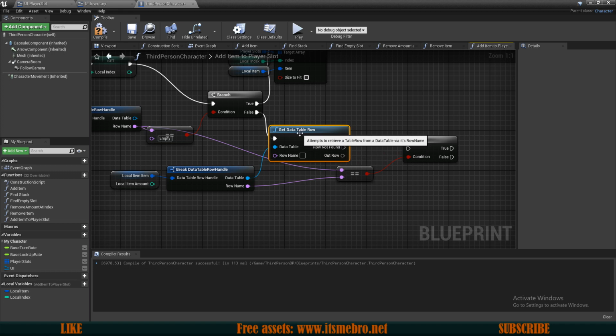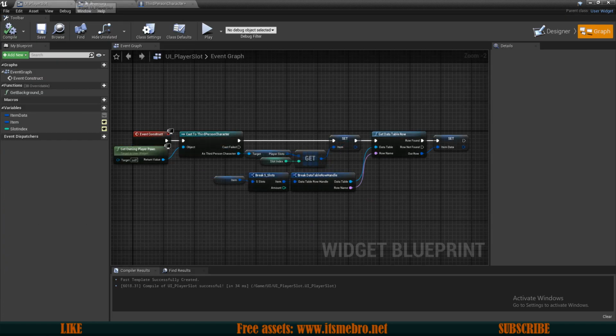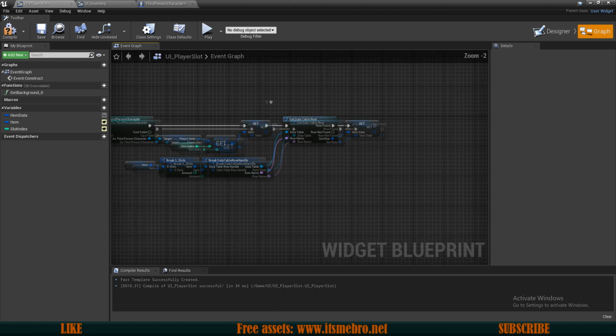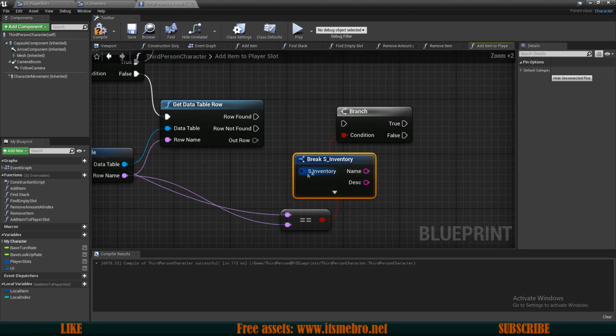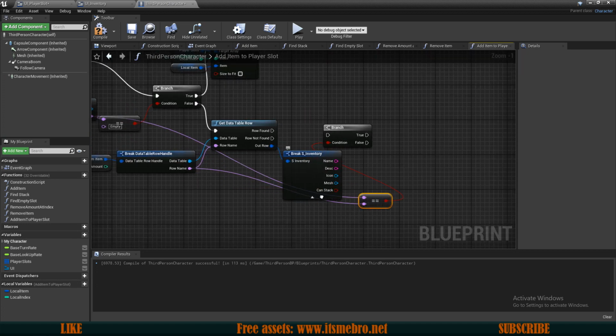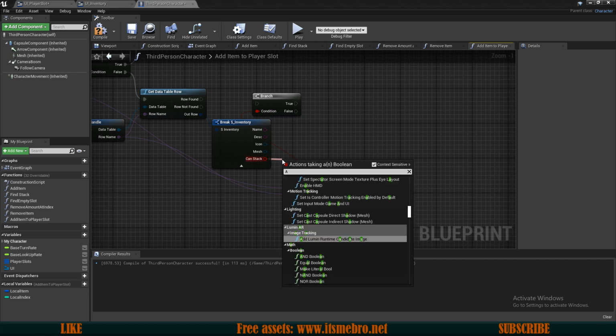So connect this to the false, connect the row, and now we need to break this out row. So we need the S inventory structure break node. So let's copy this from somewhere, paste it in here, and then what we want to do is split this up open, and let's do can stack and